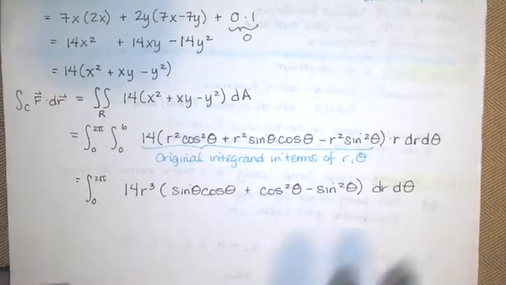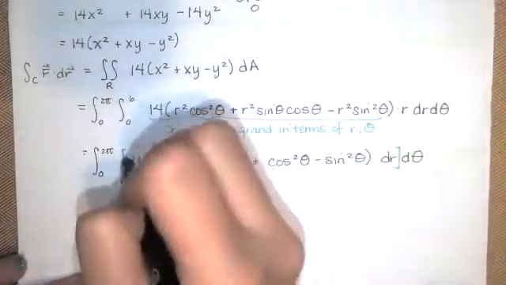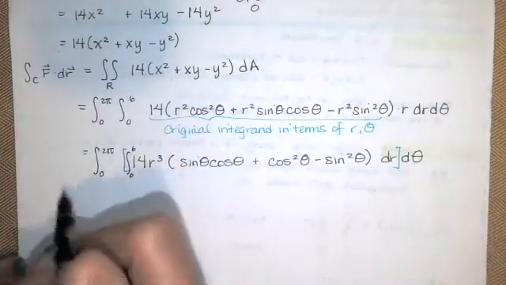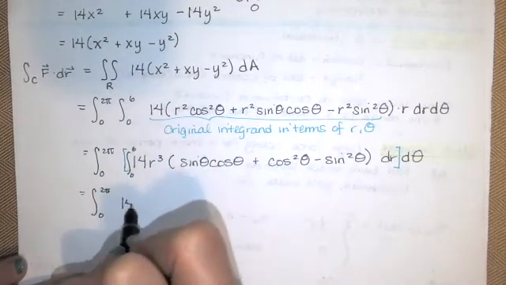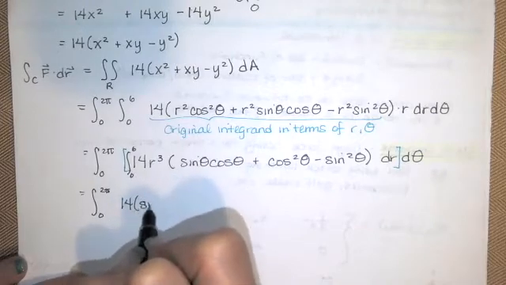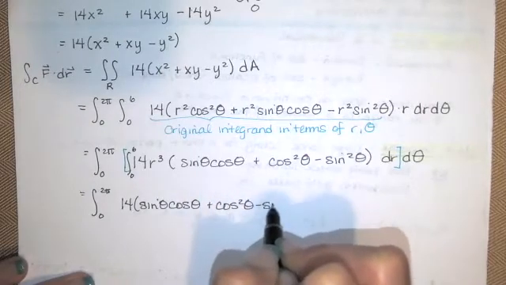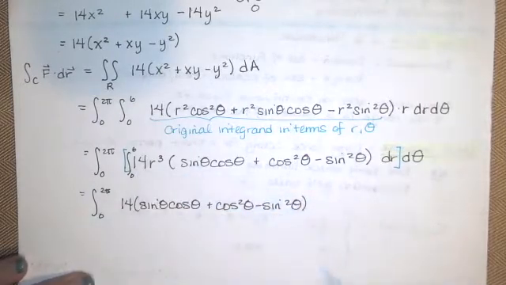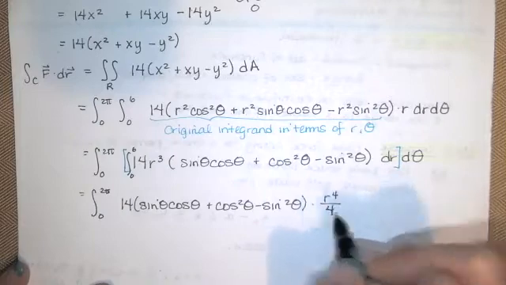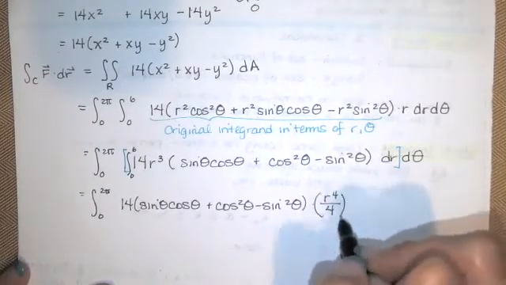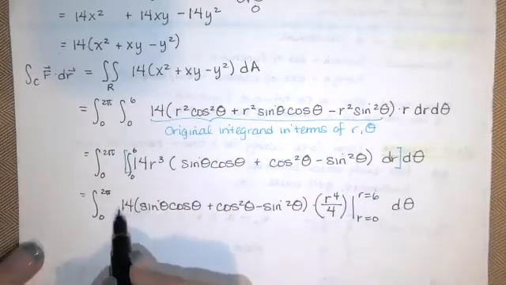All right, now I'm integrating with respect to r first. Oops. There should be bounds for r. So with respect to r, all of this is constant, so I can factor that out. I can factor out the 14 as well. And the antiderivative of r cubed with respect to r, from the power rule, add 1 to the exponent and divide by the new exponent. Evaluate at r equals 0 and r equals 6 and subtract. That 14 over 4